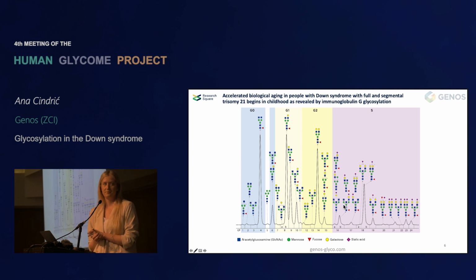Maybe a lot of you have already been familiarized with this, but anyway, this is an IgG glycan profile. And over here, it has been neatly divided into different derived traits that we normally look at. So we look at G0, which are glycans with no galactoses. Then we look at G1, which are glycans with 1 galactose. Then G2, which are glycans with 2 galactoses. And G0 and G2 are the ones that I've mentioned that change with age. So this first part of the blue part of the chromatogram actually goes up as people age, and G2 goes down as people age. And then we have glycans with sialic acids, which are in the later part